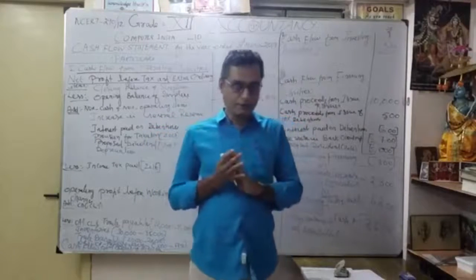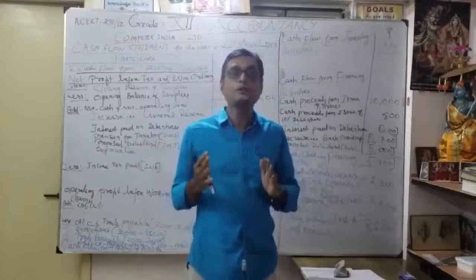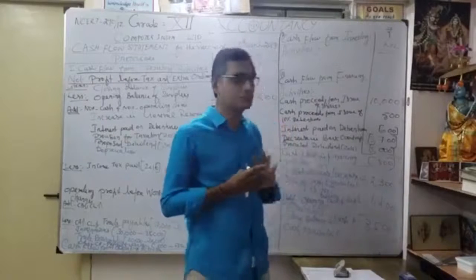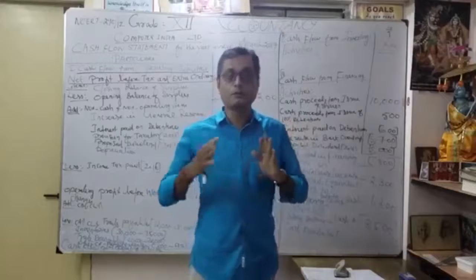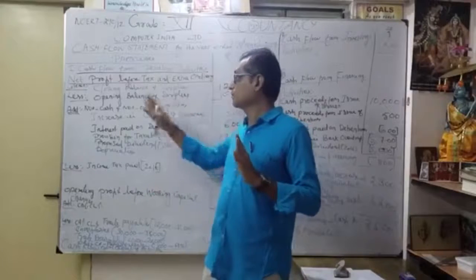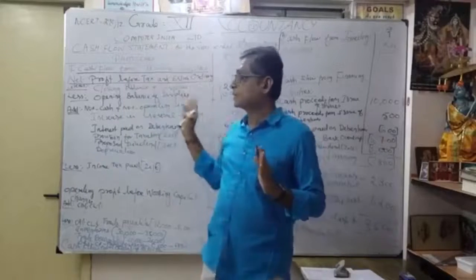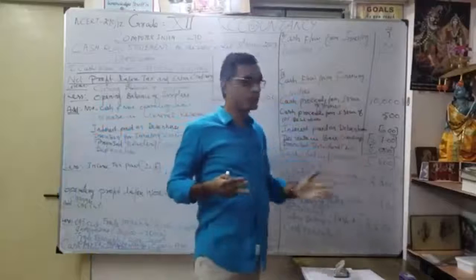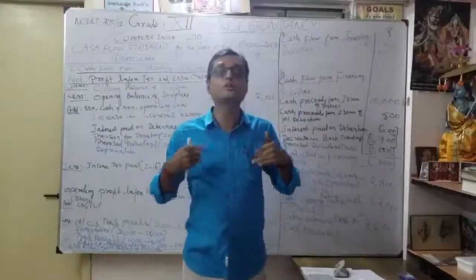So our duty is to identify which activities the items come under, thereafter how to prepare the cash flow statement. That is very, very important. That's the process, how you are traveling through the problem. First of all, you draw the format, make the heading with the company and year, everything. Write it, then particulars, then make 2 columns. We have only 1 column. After that, you identify the activities. How are we going to start the problem?